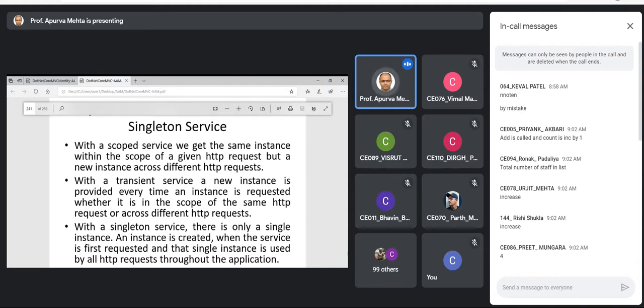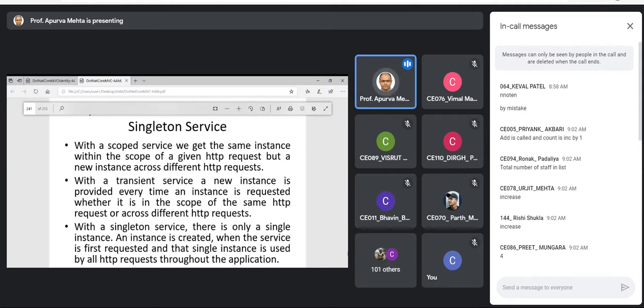Because with add scoped, the issue is, for example, say multiple requests are coming, and multiple users are requesting the create action method. Then which user's instance is given to which user's create action method and create view? How would you distinguish?